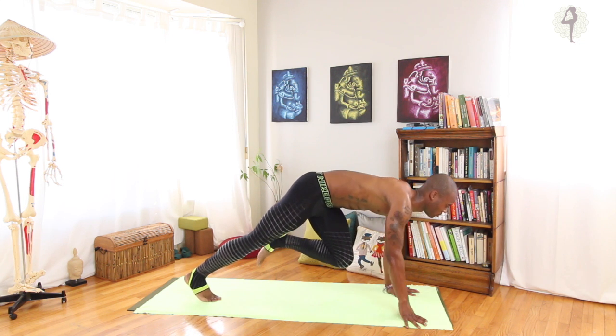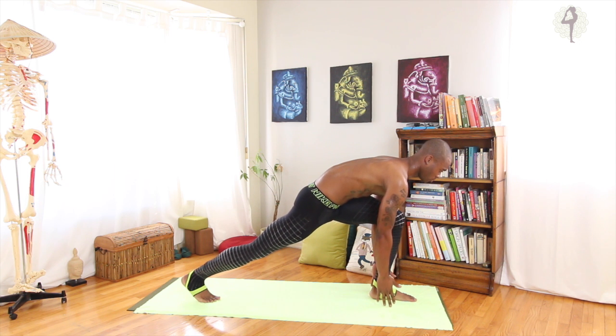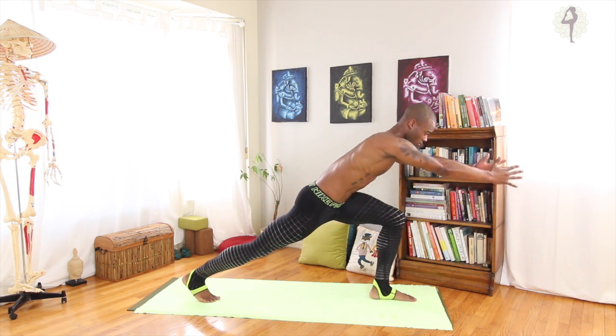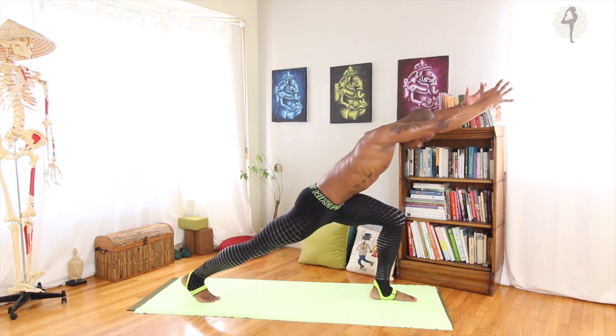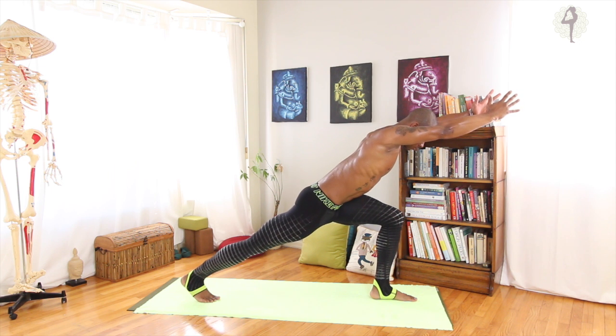Knee center, look forward, and step the left foot in between your hands. Left foot slightly left if you need to. Ground the left heel down, hug the hips in, and reach your arms forward. Feel your side torso lengthen. And as you ground that left heel, use the strength of the back to slowly pull you all the way